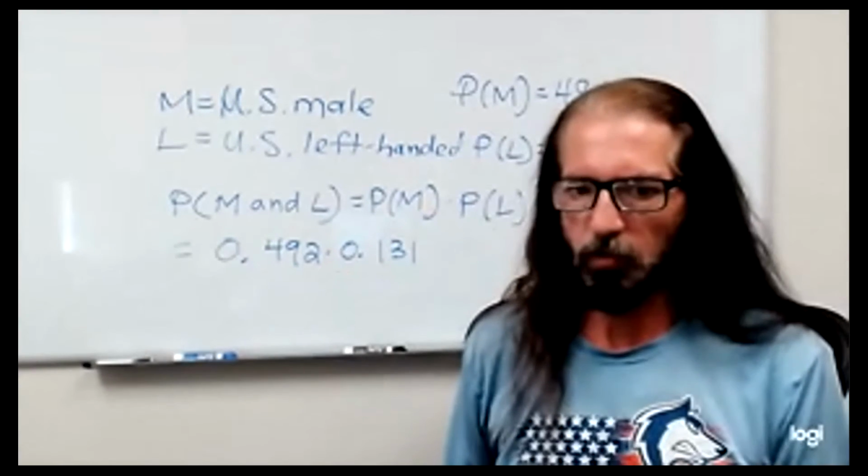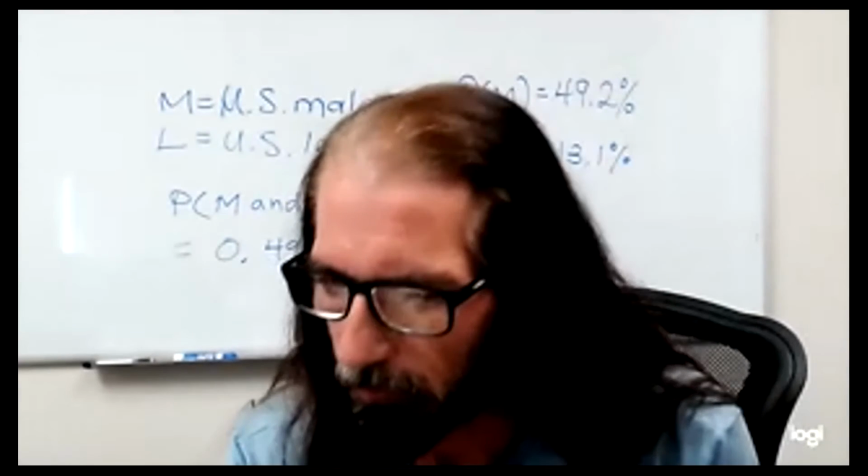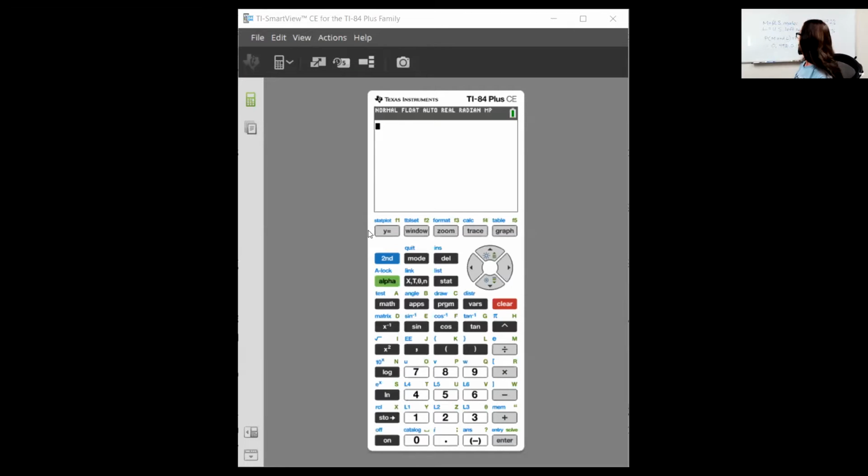So that's what we're going to be multiplying, and I'll bring up the calculator in just a moment. Note that we are asked to round to 4 decimal places. All right, here we go. Multiplying 0.492 by 0.131